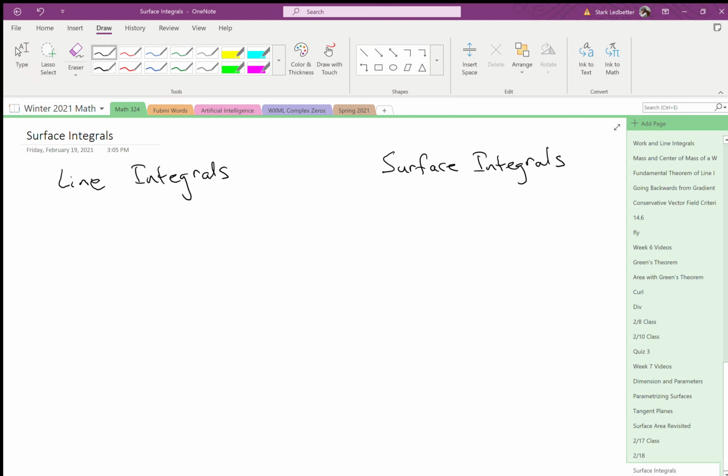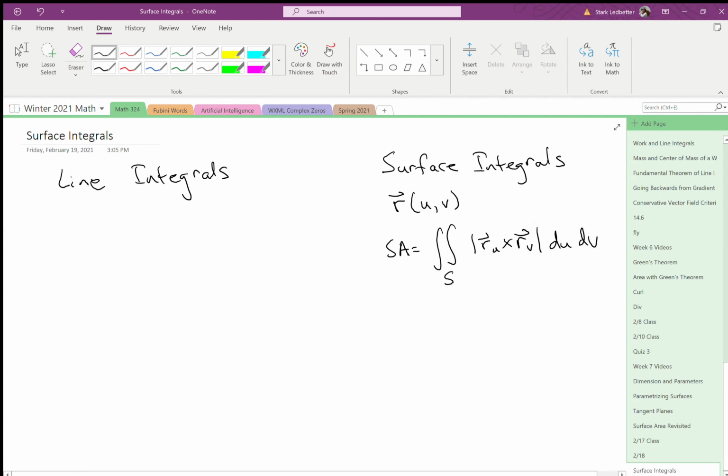So in the last video, we calculated surface area. We had a surface parameterized by two variables, u and v, and we said the surface area was the integral over the surface of the magnitude of the partial derivative with respect to u cross the partial derivative with respect to v, du dv. And that's analogous to our line integral,